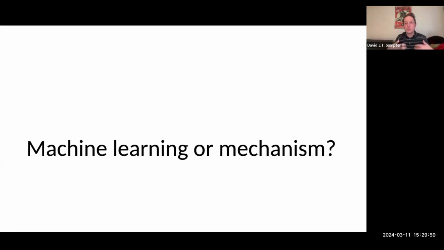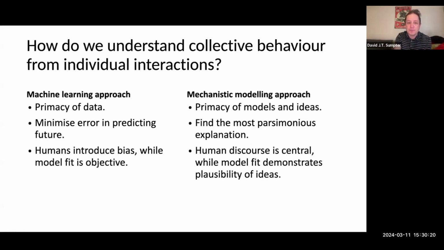We're not trying to learn some sort of target function. What we do is we try to build up a mechanistic understanding of how football works rather than actually machine learn a model. And so one of the big challenges, or discussions, in applied mathematics just now is, when should you go for this type of approach of a mechanism, and when should you go more for a machine learning type of approach? And this arises not just in the work I do on football, but also on the work I do in animal behavior. And there's a lot of discussion about this.